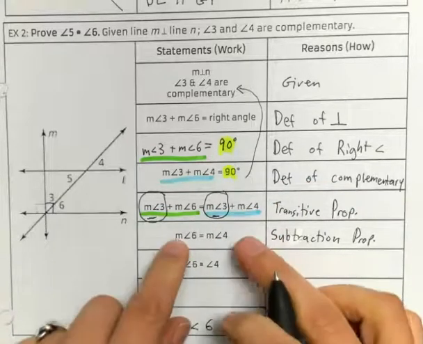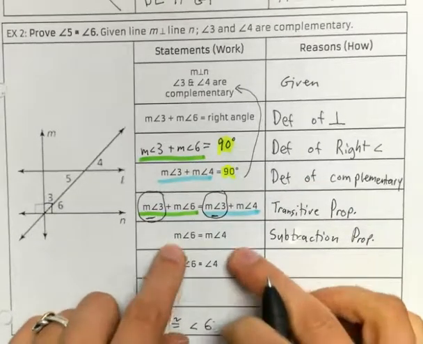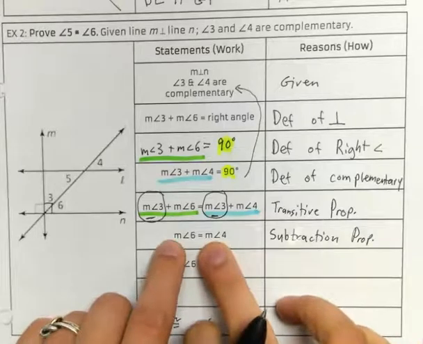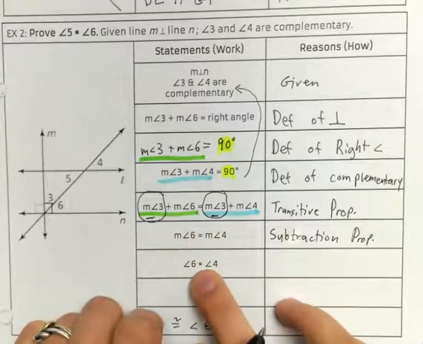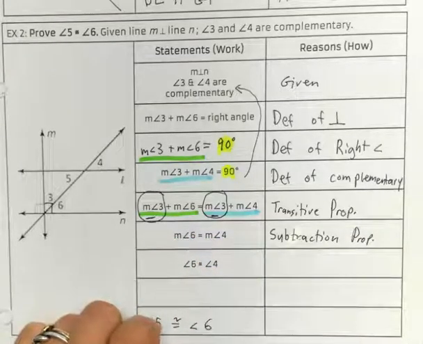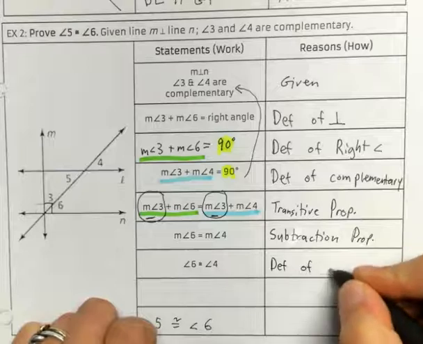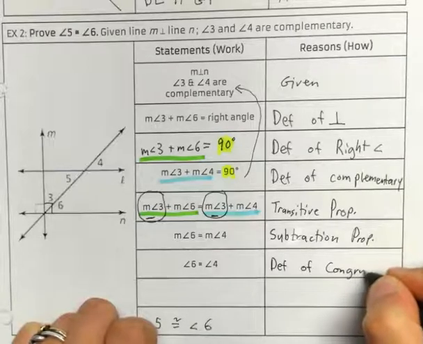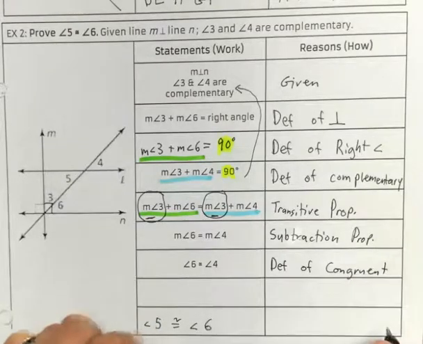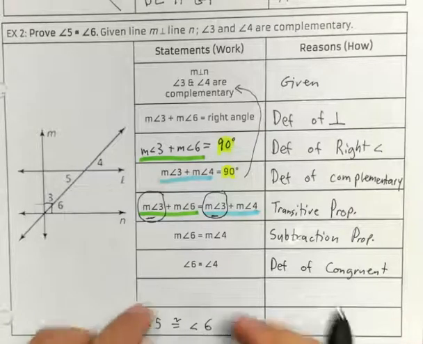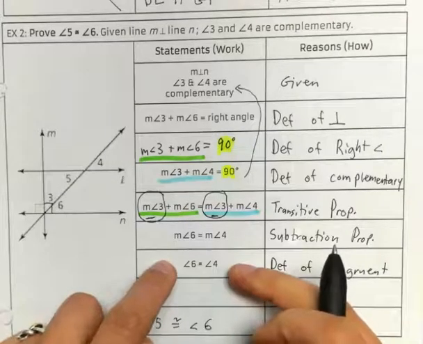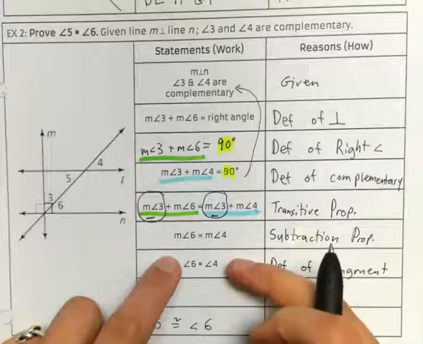Okay, next, from here to here, what changed? Well, the measure went away, and the equal sign changed to a congruent sign. Equal changing to a congruent sign, that is definition of congruent. Okay, and now I have to find a way to get to angle 6 is congruent to angle 4,